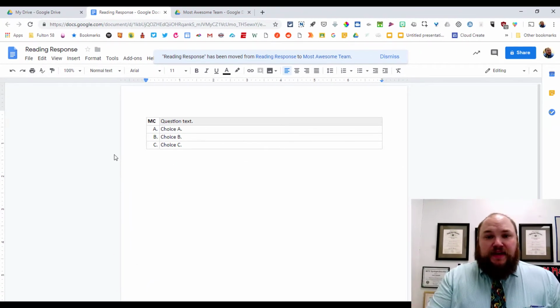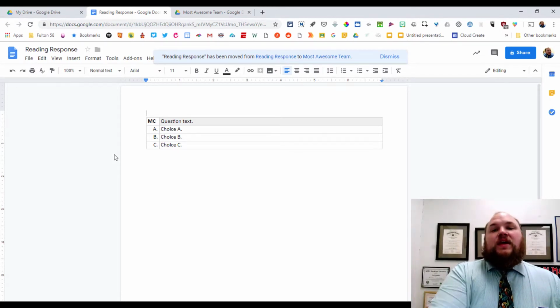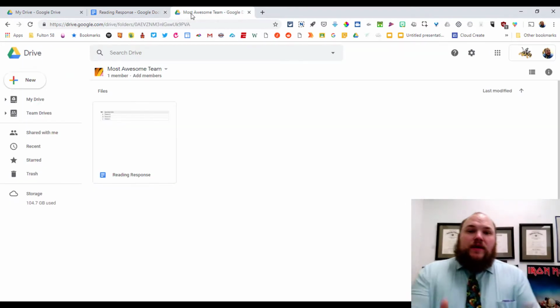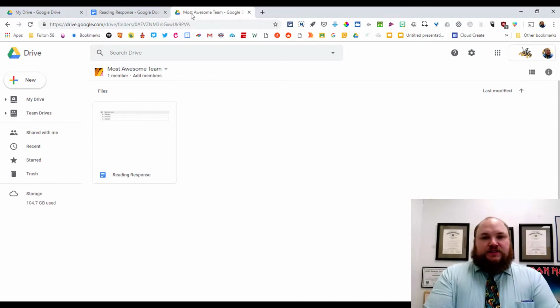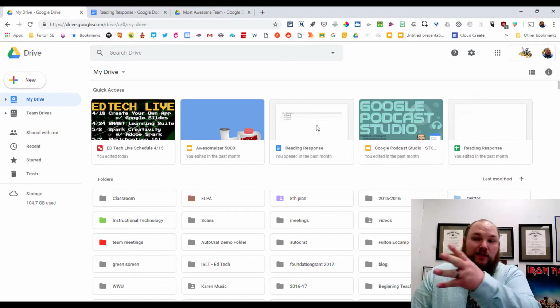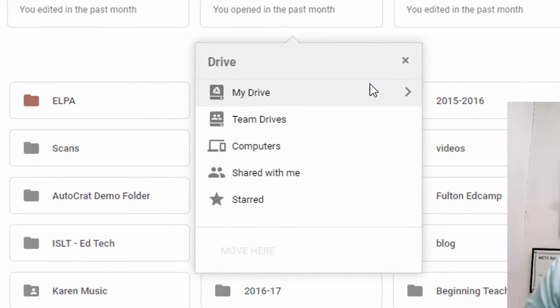So it's going to take that file, it's going to remove it from your ownership, and it's going to make the Fulton 58 schools own that file, but then everybody in your team will be able to access it. You'll see that when I go back to my team drive, I have that file sitting there ready to go, and now everybody on my team will have access to it as well. Another way that you can move a file to your team drive is just to right-click on any file in your drive that's viewable, click Move To, and do the same thing. Just click back a couple of times, put it in the team drive that you want it to be,